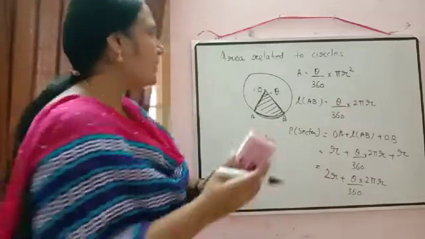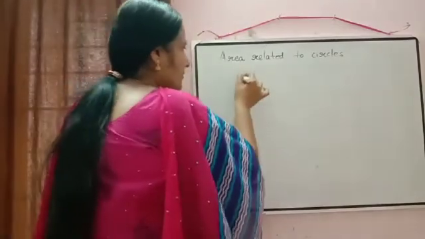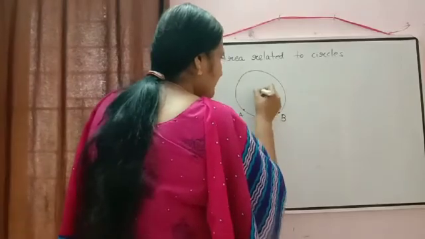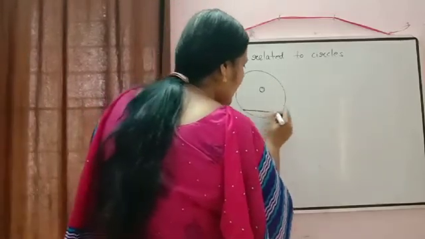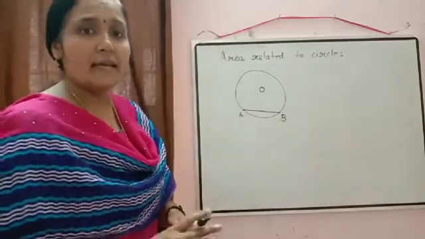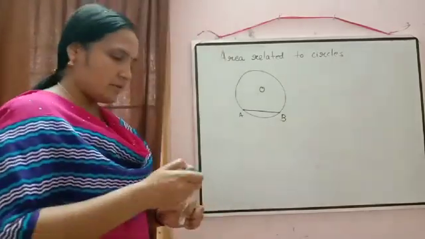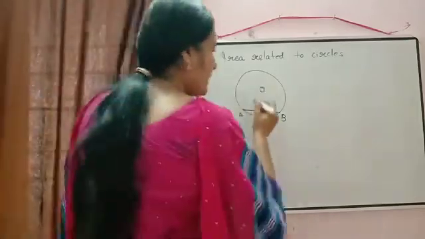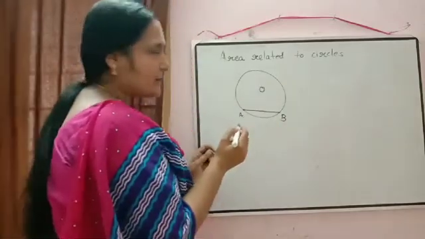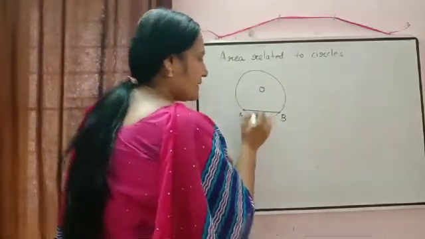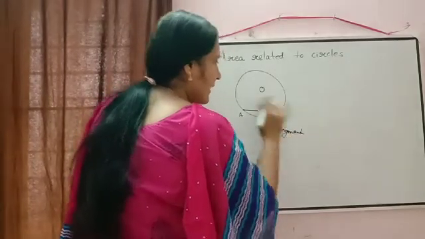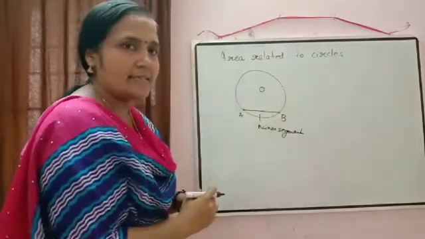And then we studied about the segment. Suppose we have drawn a circle and taken any two points on the circle. Now, if I join A and B, then AB is called the chord of the circle. You can check here that the chord also divides the circle into two parts. Now, each part is called a segment, and since this one is small, it is called the minor segment, and the whole remaining area is called the major segment.